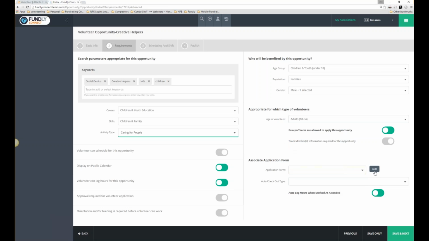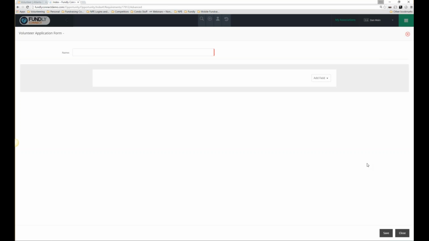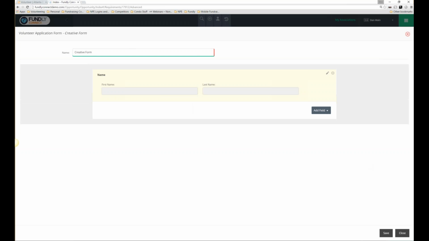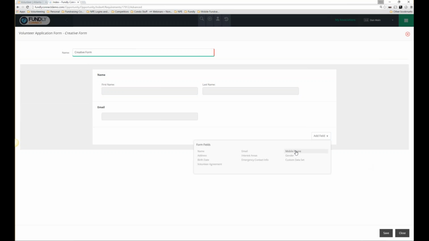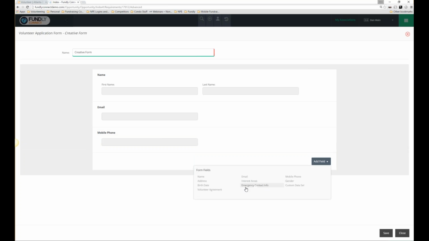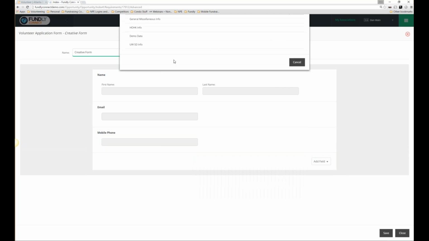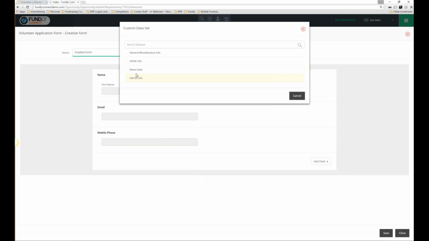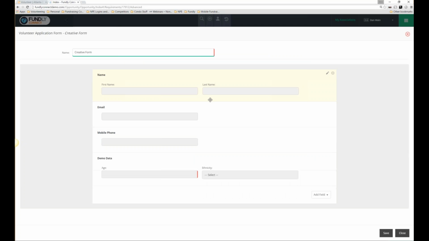Application form, you guys can create your own forms for the opportunity and call this creative form. And then you add your fields, name, email, mobile, whatever fields you guys want to capture. How about custom data sets? So custom questions. Well, here's some of the information that we talked about earlier. Demo data,